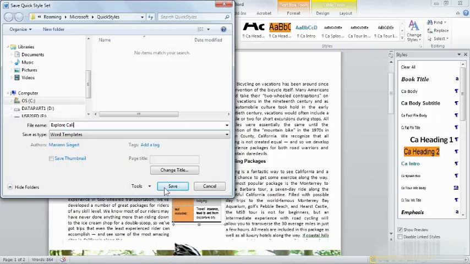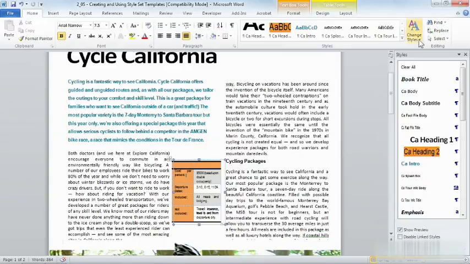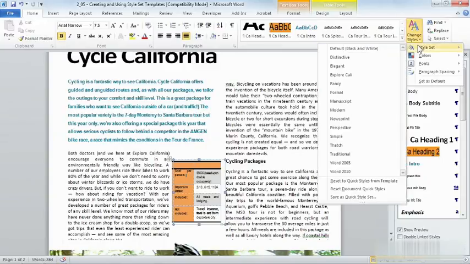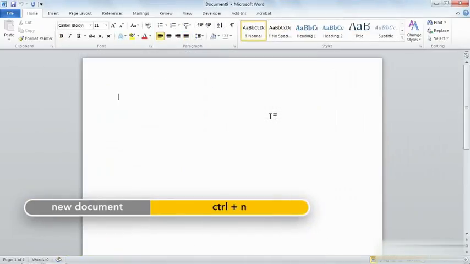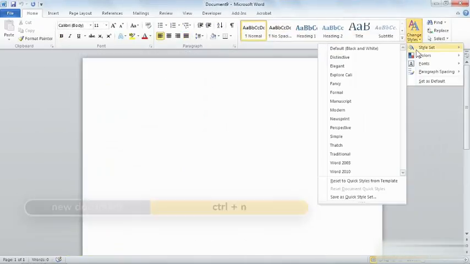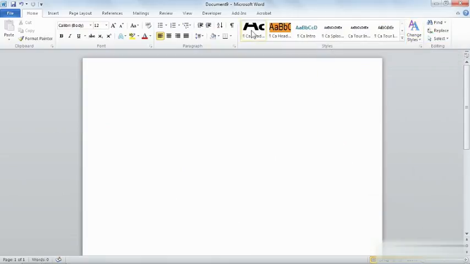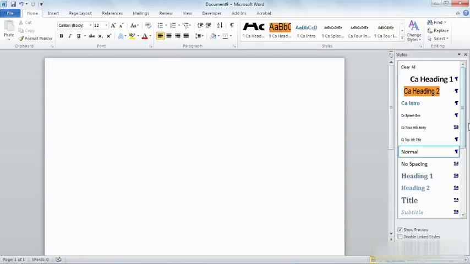Now click on Save. If you go to Change Styles, Style Set, you'll see your Explore Cali has been added to this list and you can use it in any document. Let's go to a brand new document. Press Ctrl N on your keyboard. Go to Change Styles, Style Set, and you'll see Explore Cali. When you select it, notice how your styles in your style gallery change, and